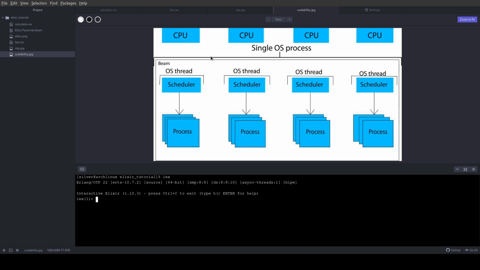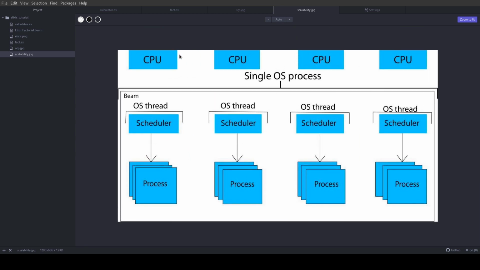Okay, so let's go and look at the diagram. You have 4 CPU cores available for executing processes. First of all, the most important thing is Elixir scripts or programs. They do not run as threads like in many other languages, they run as processes. And when I say processes, they do not run as OS processes. They're much more lightweight, and a single OS process can run millions of Elixir processes. Think of very large applications like Facebook and many others where